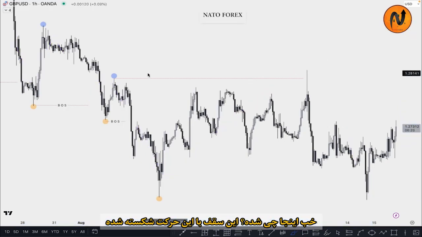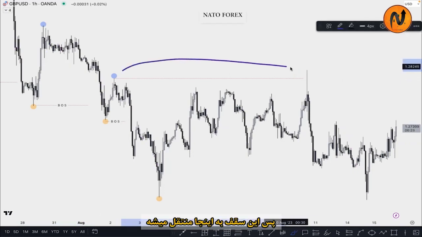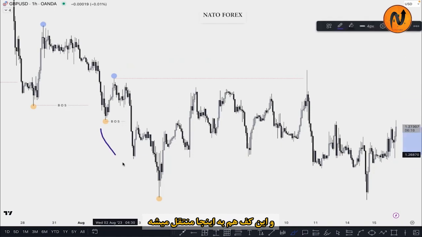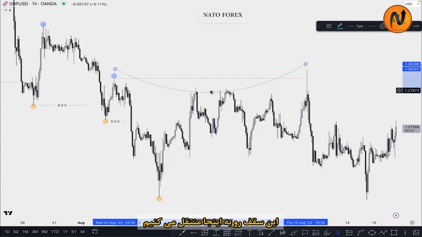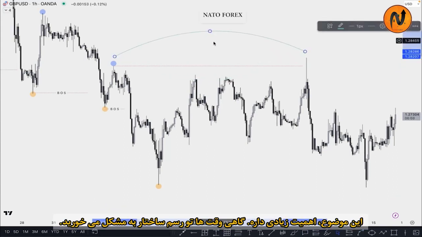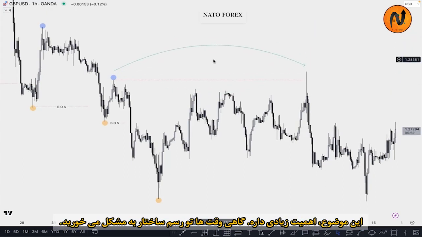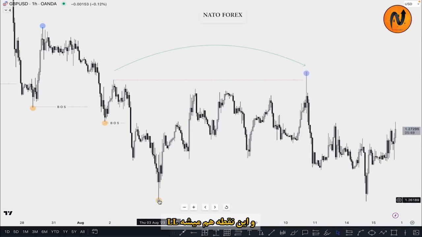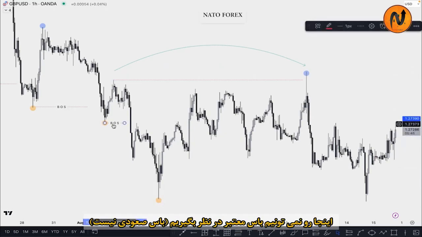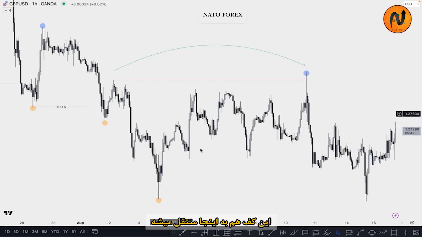So what happened here? In this case, this high is broken by this move, okay? So this high transfers from here to here, and this low will be transferred from here to here. This move will be the high, this high transfers here to here. And this is important for you if you are facing any kind of problem identifying structure, right? So this high transfers here to here, and this point becomes our lower low and this one is not valid here, and this low also transfers here to here, something like this, okay? And